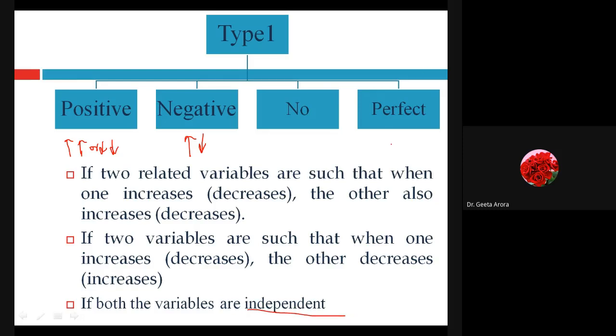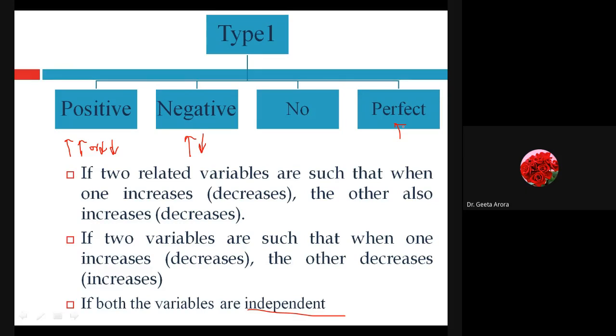And if we talk about perfect, if two things are related in a way that they have 100% effect of an increase or decrease on another one, then they are said to be perfectly correlated. Otherwise, whether there is a relation or not depends upon the things to be discussed. So these are the first type in which we have categorized the correlation: there could be a positive relation, a negative relation, no correlation, or a perfect correlation.